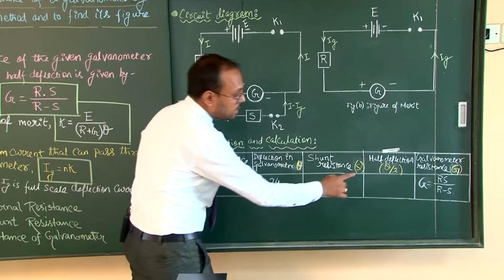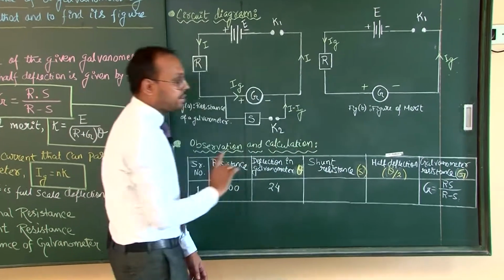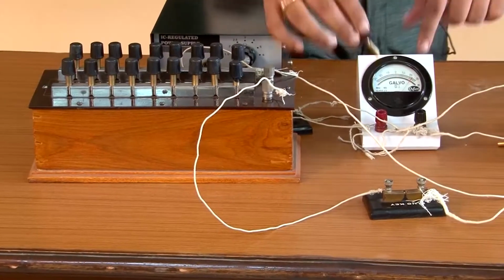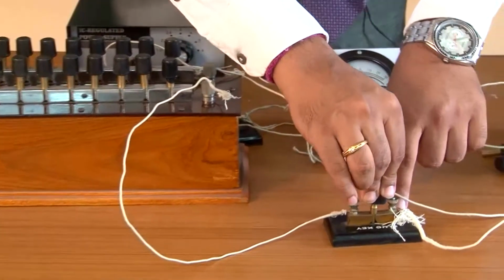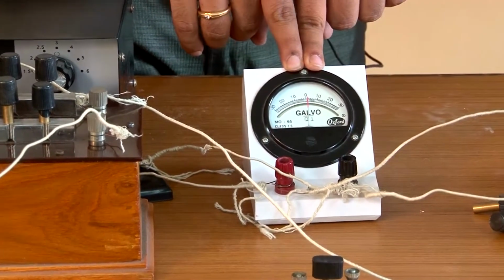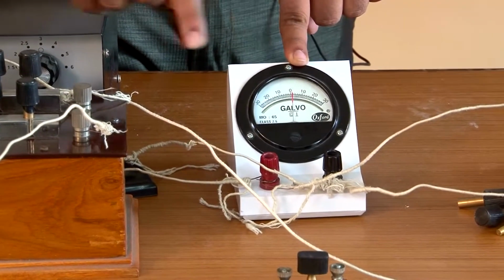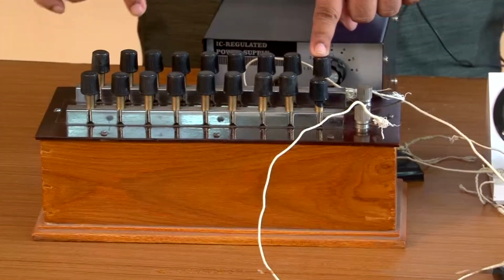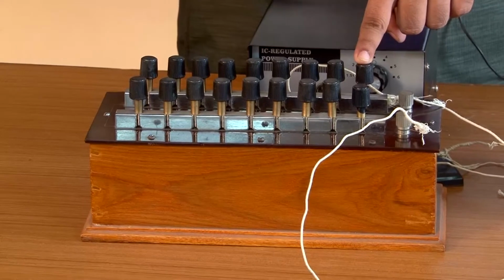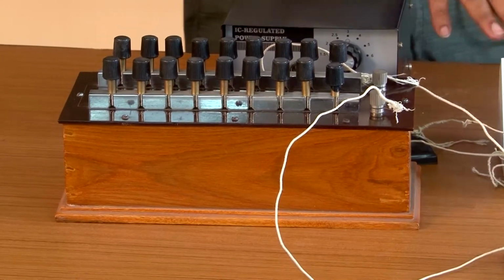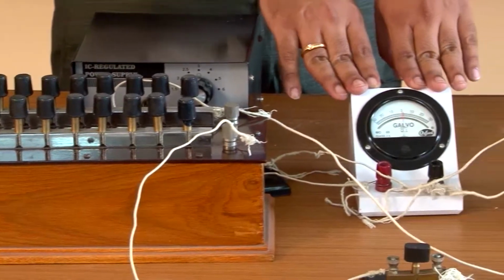Now, we have to make it theta by 2 by connecting the shunt resistance. Now, I will connect the key K2. When I connect this, see, the galvanometer is showing 0 deflection. That means the total current is now passing through the shunt resistance. As you can see, in this shunt resistance none of the keys has been taken up, so the total resistance given here is 0. For 0 resistance, the total current passes through the shunt and the galvanometer deflection is 0.